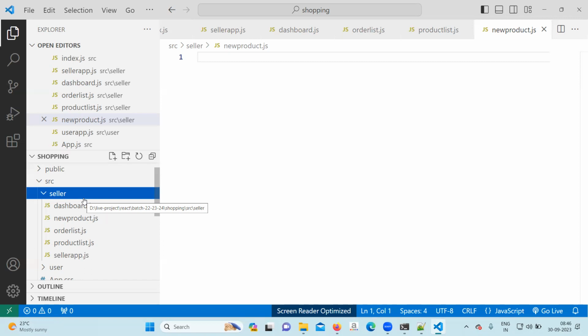That order will be visible to whom? The seller. Once the seller logs in, he will see, oh, an order has come. The seller will see what product order has come. Right? So overall, this will be the complete functionality. Where we have the product list, we can apply pagination and search. Where we place the order, there we can apply validation. Where we add the product, there we can apply validation. Where we list the products in the seller login, there we can apply pagination and search.